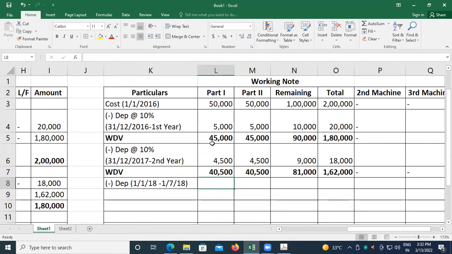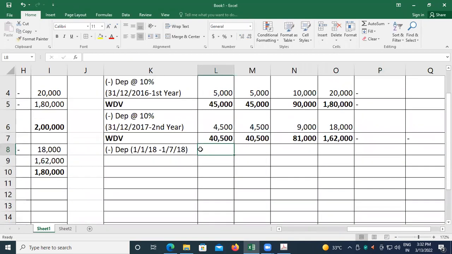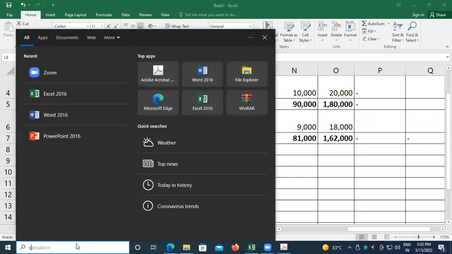Which asset? The 1/4, the first part of the asset. Okay, so now we are going to charge depreciation at 10%. From 1st January to 1st July, it is coming to 6 months. So if you calculate 40,000, let us see now